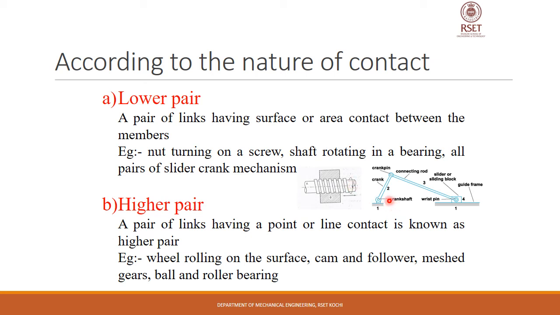Similarly, links 3 and 4, that is the connecting rod and the slider, or connecting rod and the piston, are connected with the help of another pin which is called a wrist pin, but in the case of an IC engine, the pin is called a gudgeon pin. So links 3 and 4 are connected with the help of that gudgeon pin, and at that portion it has an area contact. Similarly, links 4 and 1 form a sliding kinematic pair. That is, the piston is sliding over link 1, which represents the cylinder. Since they have an area contact, it is another example of a lower pair.